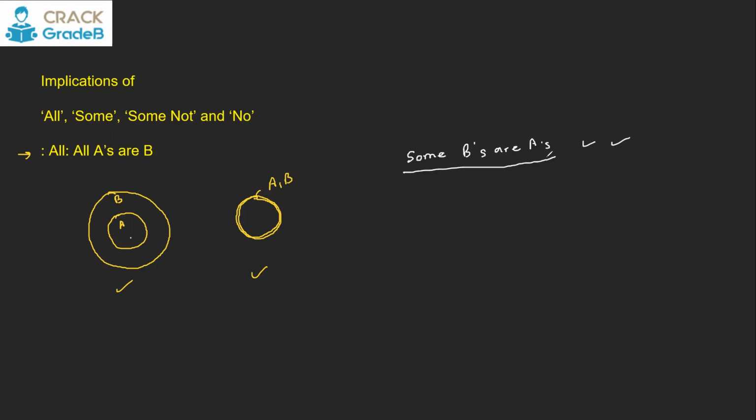Now, this conclusion is true from both of our possible drawings. These two are the possible outcomes, or possible diagrams, for the given statements. And in both of our possible diagrams we can prove this true. So this will stand true in all the cases, and hence it is a clear and correct conclusion. Some B's are A's. But if I say all B's are A's,